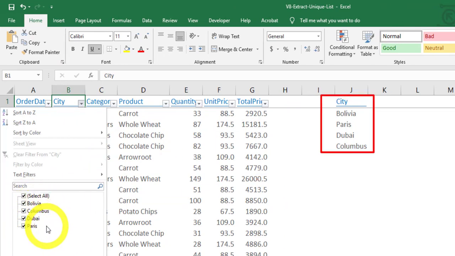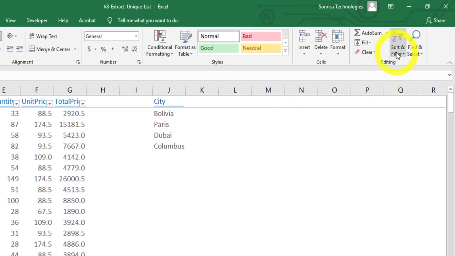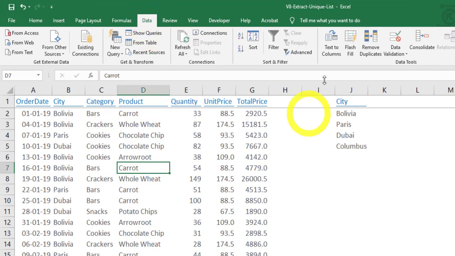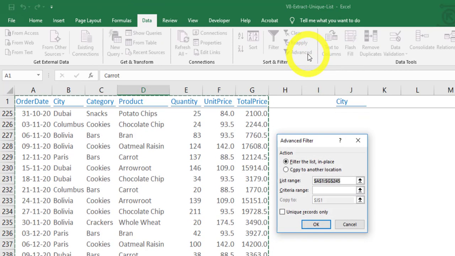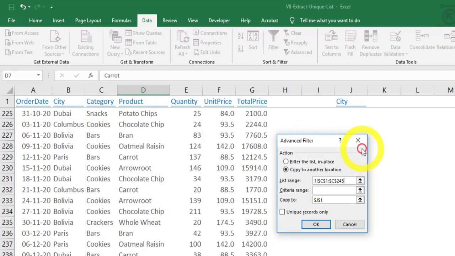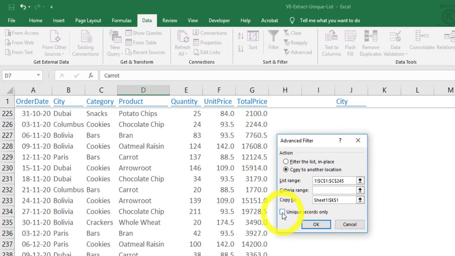If you want to do it again for categories and products, repeat the same procedure. Go to the Data tab, Advanced, Copy to another location, select the range, select the target location, press Enter and choose the Unique Records Only option.